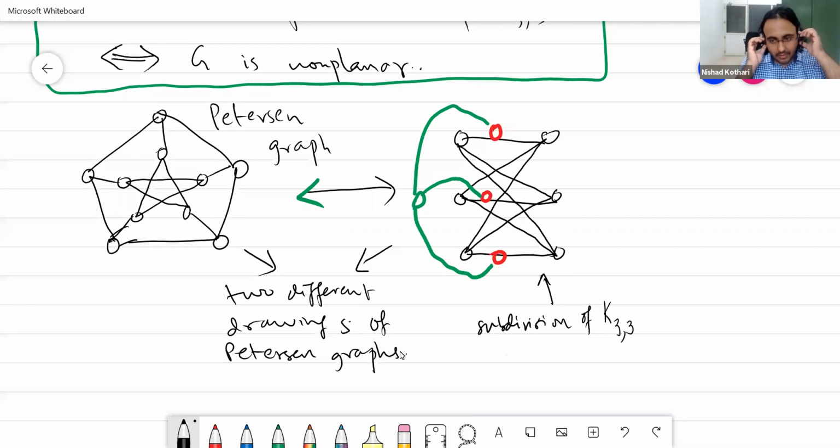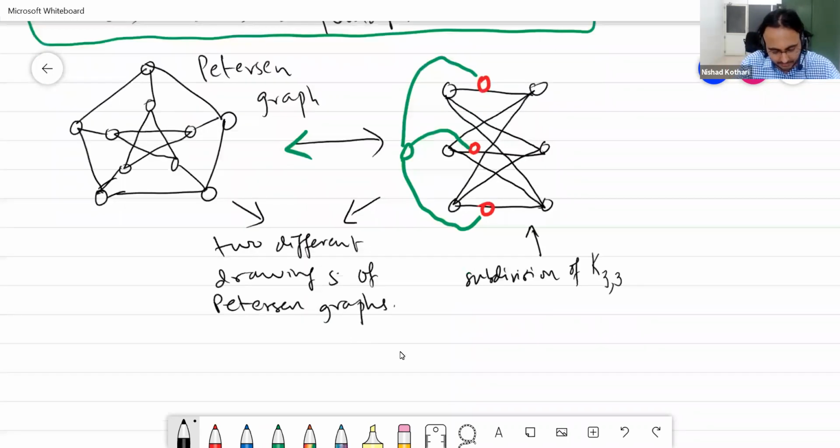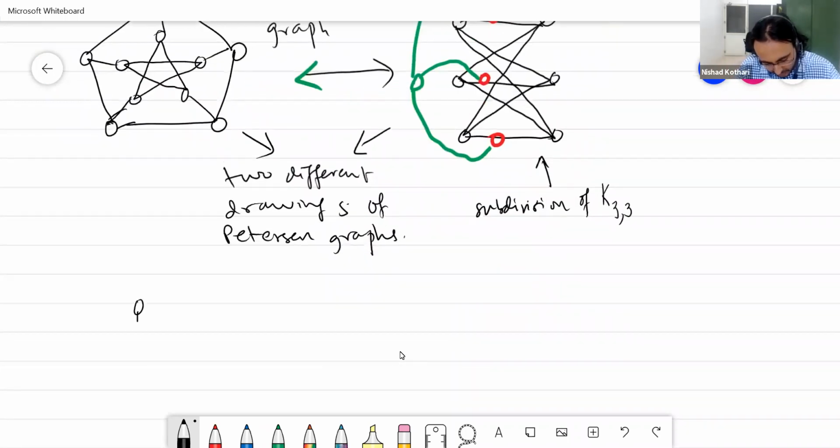I wanted to ask if you can explain the subdivision in any other type of graph. Like how are K33 and K5 included in any other graph? Well, subdivision is defined for any graph, right? When I gave you this example right now, I took a different graph, K4 minus one edge.